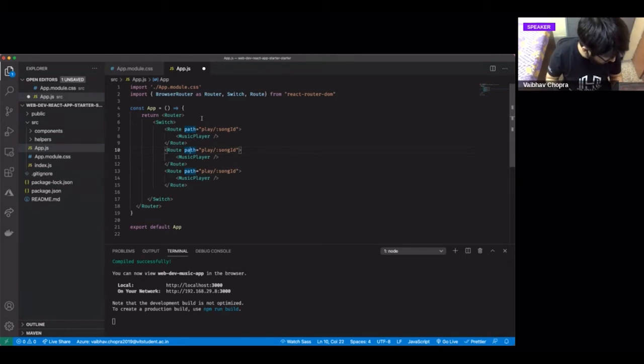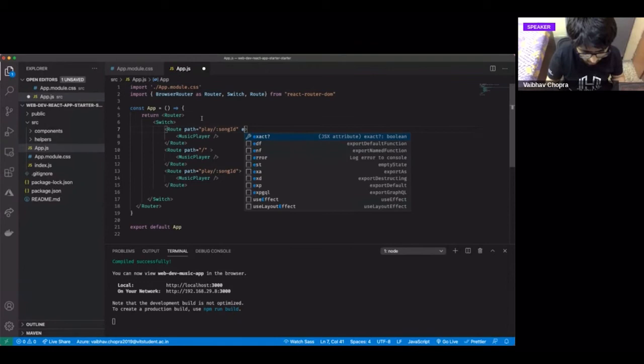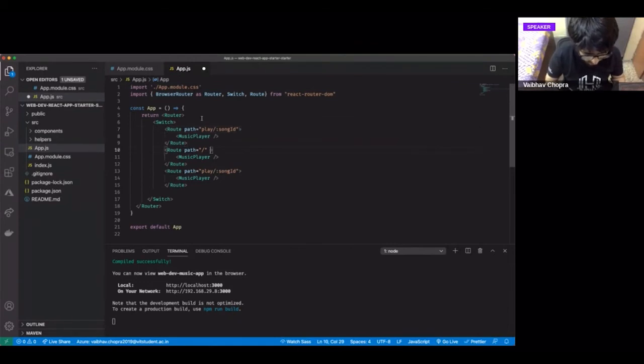The other component that we will have is the home page component, right? Because we need to have a home page as well. And here in front of all of them, I'll put exact, not this, but these two I'll have exact. And here we have search, because we have three main pages on our app: the home page, the search page, and the music player page.